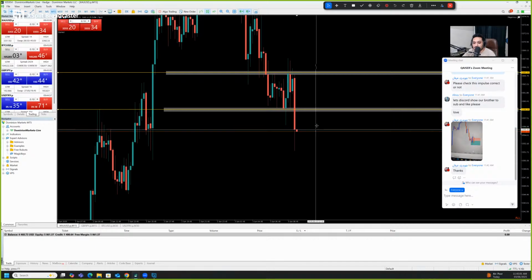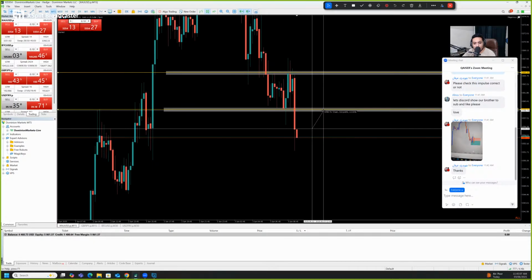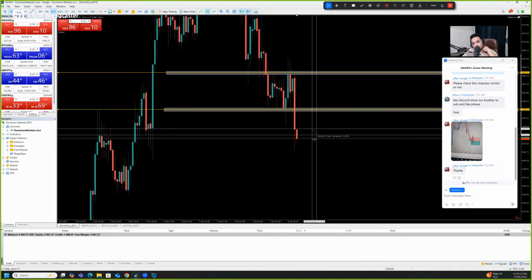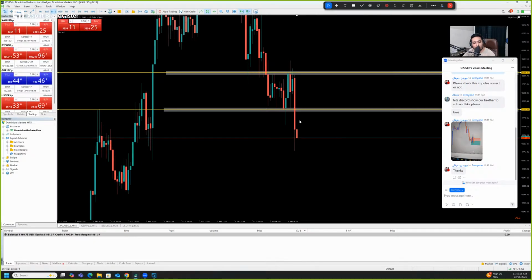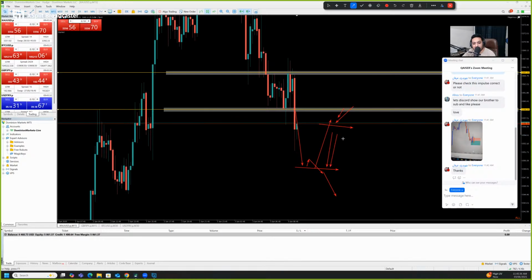Okay, look at this one. Still it closed far away from the support. It moved like 30 pips away from the support. No point to execute somewhere here. I just need to wait. I need some kind of support to be formed. Then if it breaks the support, that makes sense for the sells. Or if it does some kind of retracement and gives me some kind of confirmation candle, then I need to see a confirmation candle, tradable range on the left hand side, clean traffic on the left hand side, or volume, time, session, trend.